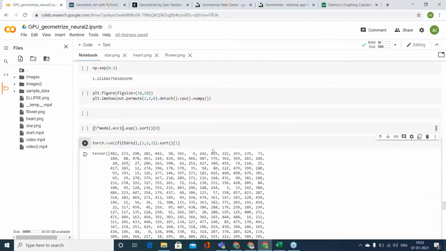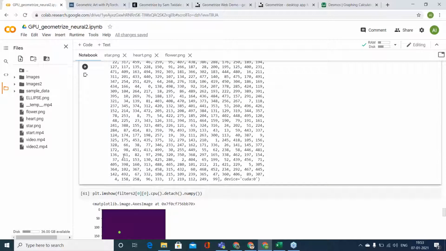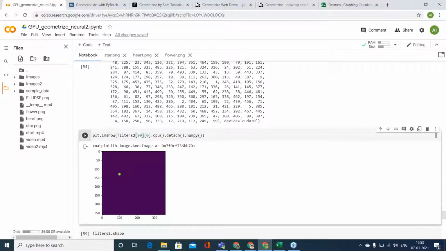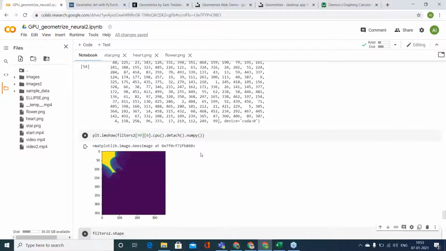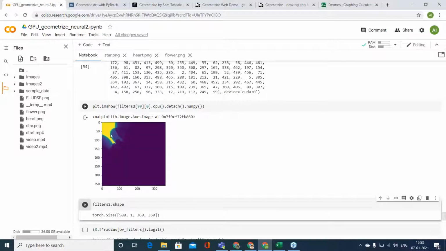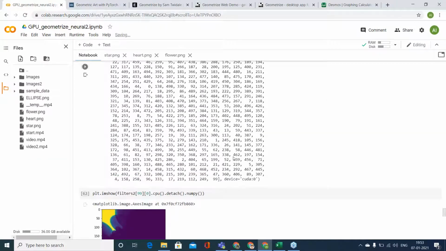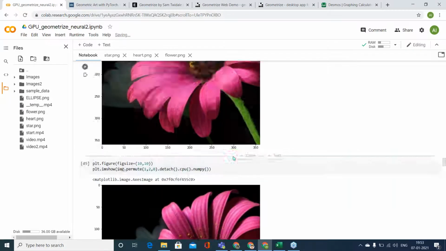Not 99, 482. So you see, this is one of the shapes, and this is the part that is getting used here of that shape. And what was the actual shape?